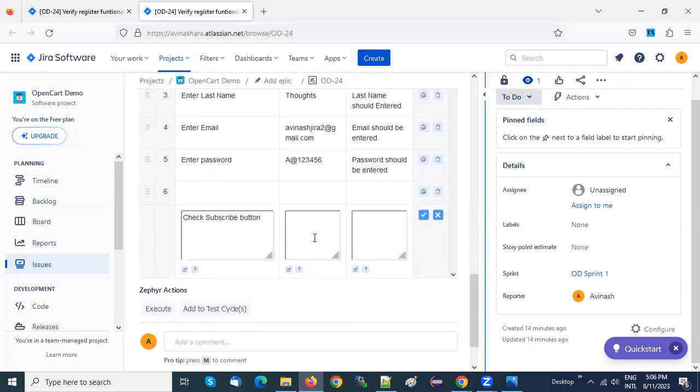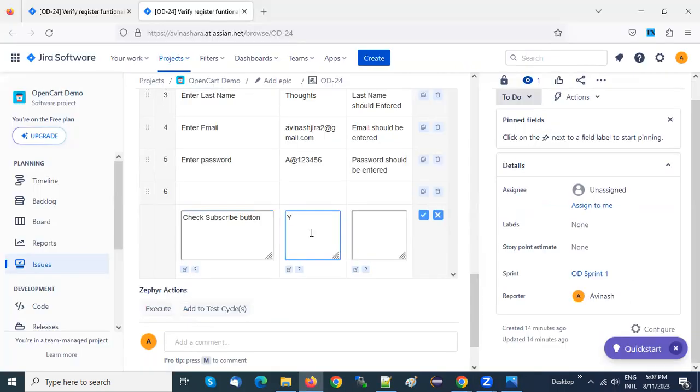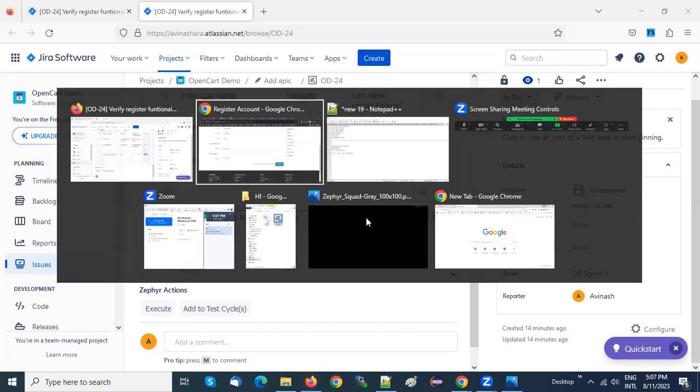So if you want to select yes or no, you can write it in the test data. If you want to select yes, you can select yes. If you want to select no, click on no, guys. So you need to write one test case for yes, one test case for no, guys. You need to write each and every test case. A registration page will take 20 to 30 test cases. If the registration page has more text boxes, you need to write more test cases, guys. You need to write every test case